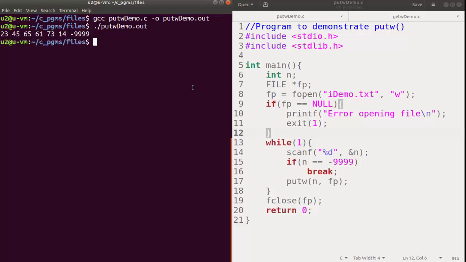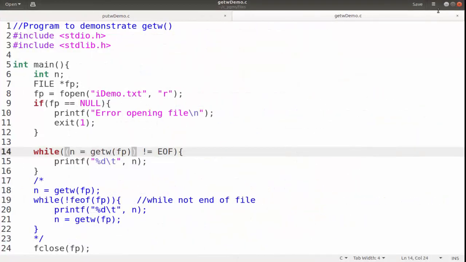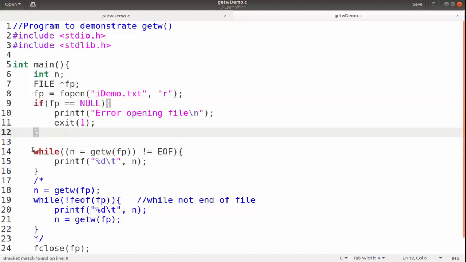Okay, so these are the values it read, and then for reading these values from the file idemo.txt, I have written this particular code. So here we wrote this program to demonstrate the getw function. Here we have #include stdio.h, then the same declarations, then the file is opened, then the check for successful opening is done. Then for reading we are using